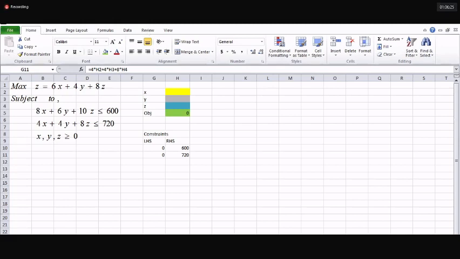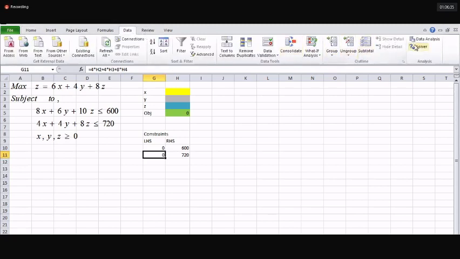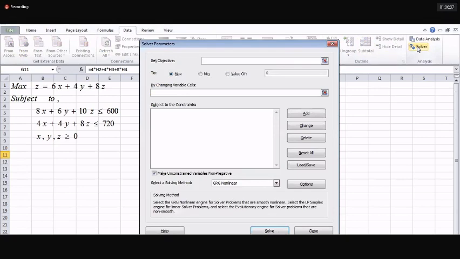Okay, now we will go to this solver function, data and solver. Okay, now just take 2-3 minutes and see whether you can play with this function and see whether